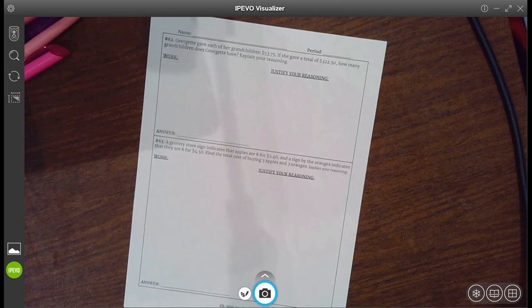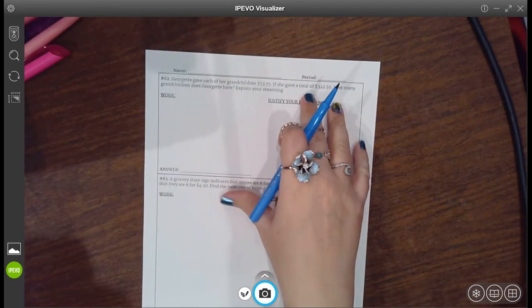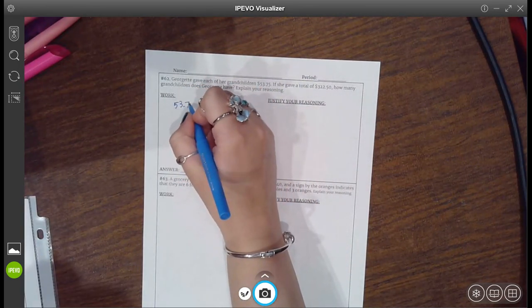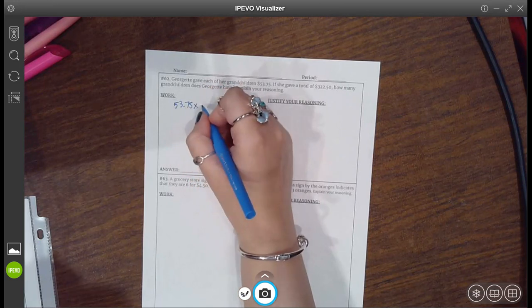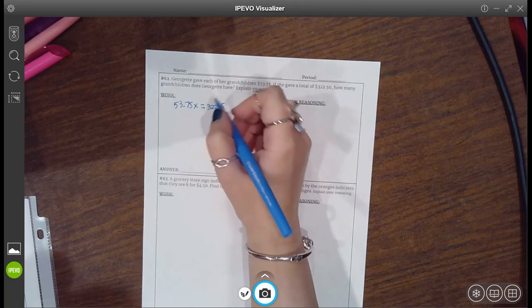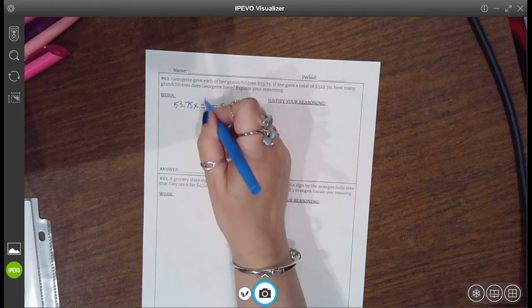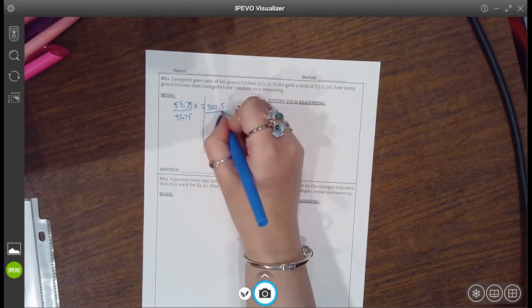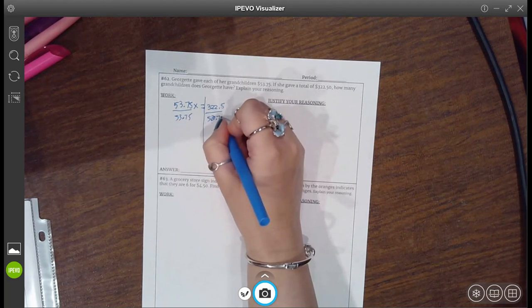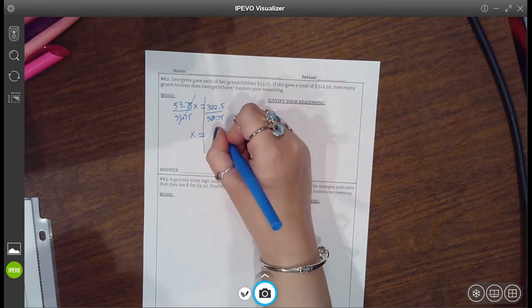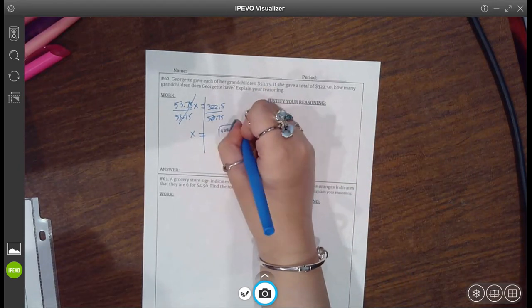So if you take, let's see, she gave each of her grandchildren. So normally you would do, this is the amount each gets, and you'd multiply it by how many you have, and that equals the total money that was given away. So to find how many she actually has, I would divide by 53.75. Oops. So 322.5 divided by